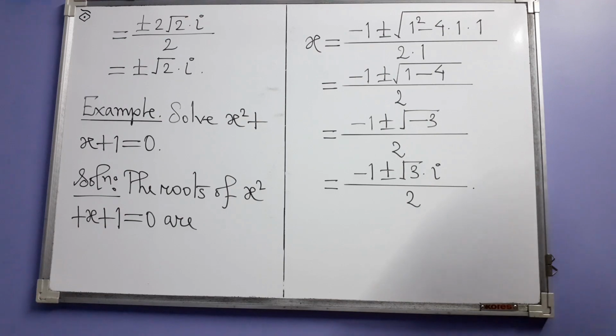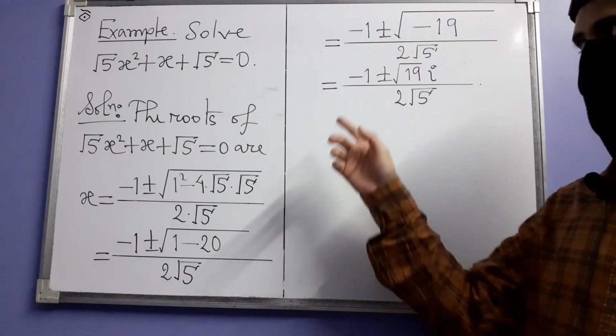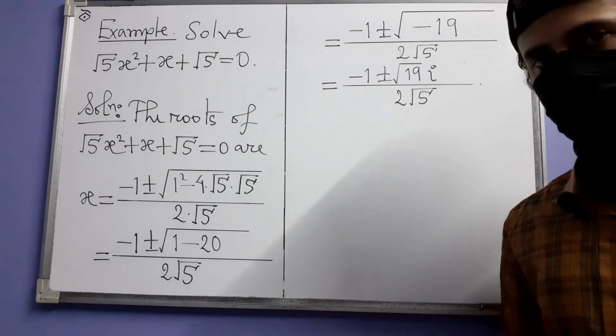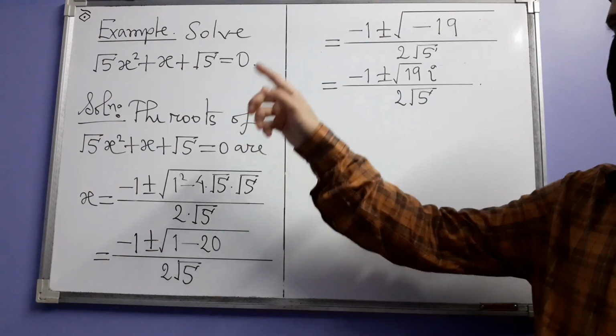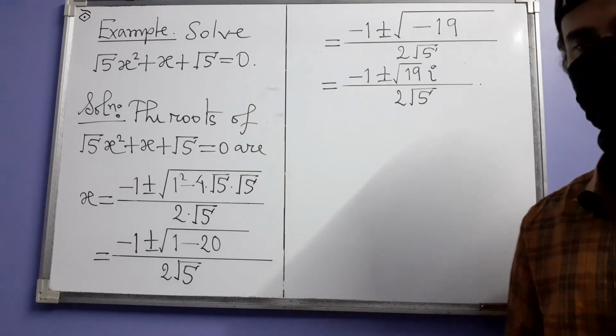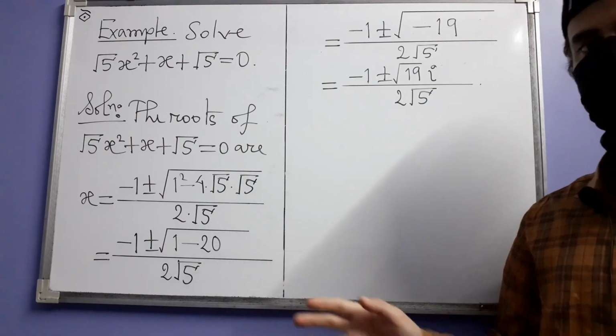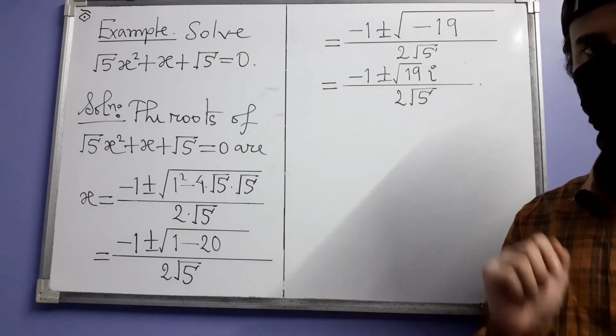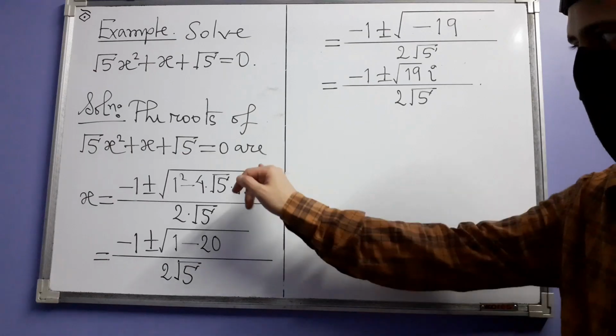And there is one more example. So we next have this example. Here the equation is root 5 x square plus x plus root 5 equal to 0. So in this case, A and C are both equal to root 5 and B is 1, and accordingly